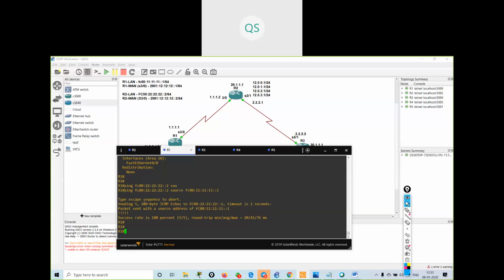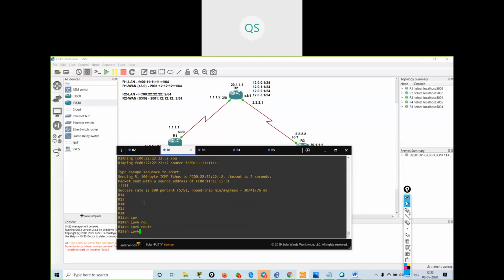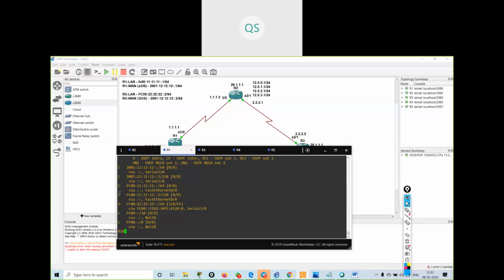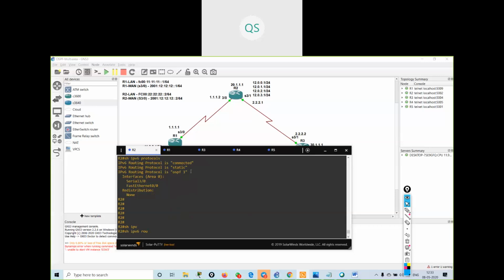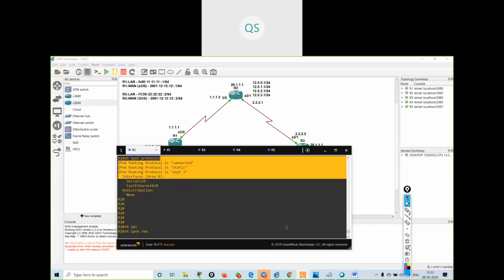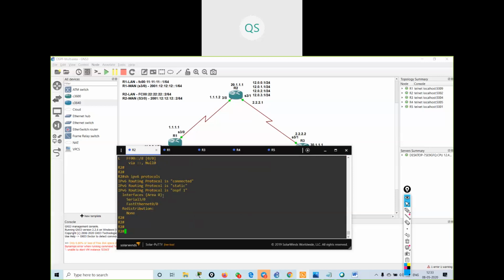If I check show ipv6 route, I cannot see any static routes over here, and here also I cannot see any static routes. Understood? That is how to configure IPv6 OSPF version 3. Any doubt?